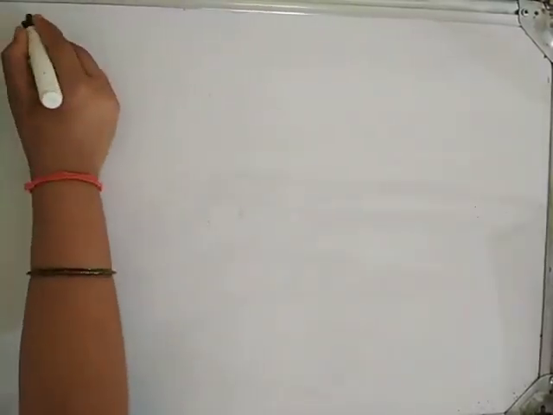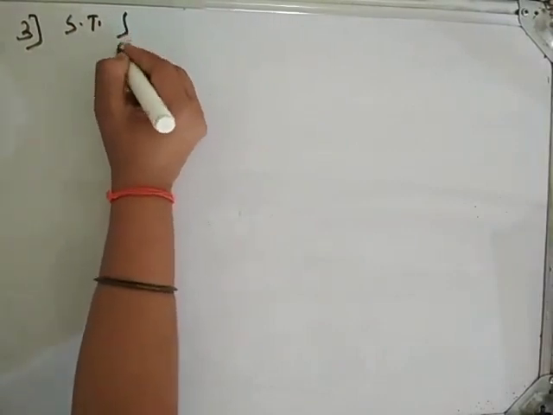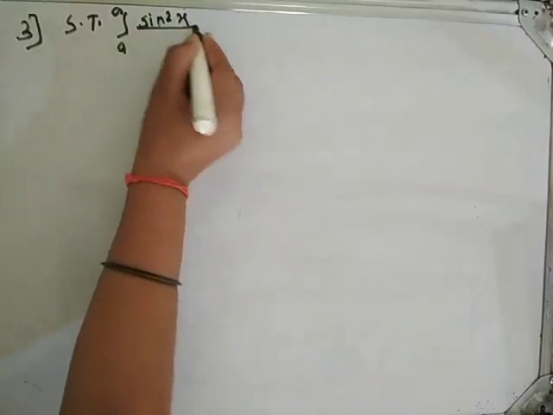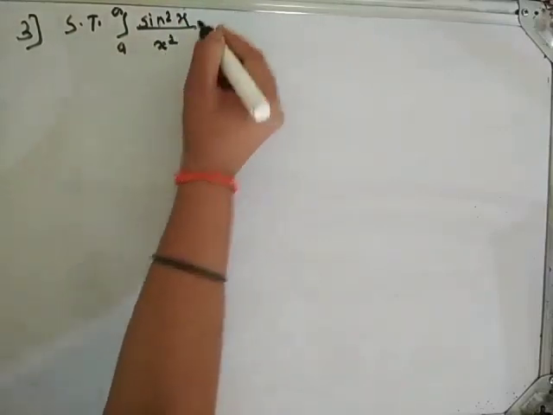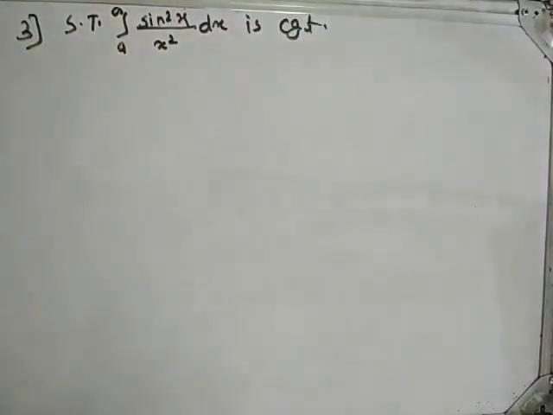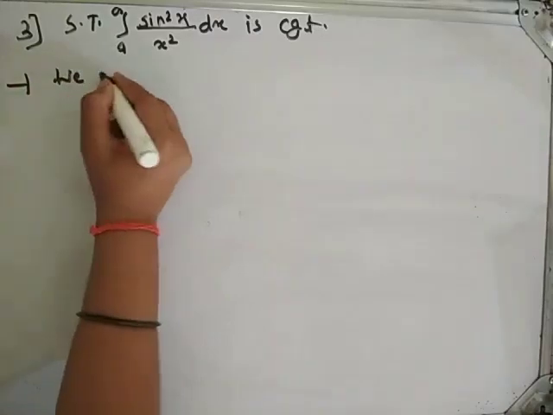Let us take one more example. Show that integration from a to infinity sin square x upon x square dx is convergent. We have to show that this integral is convergent. Solution: we have